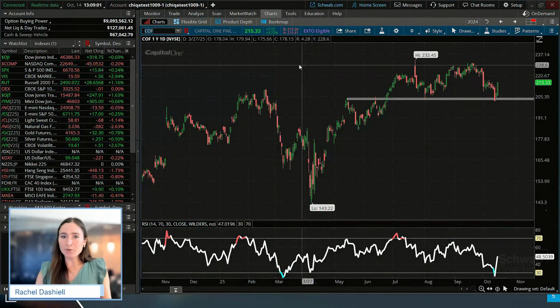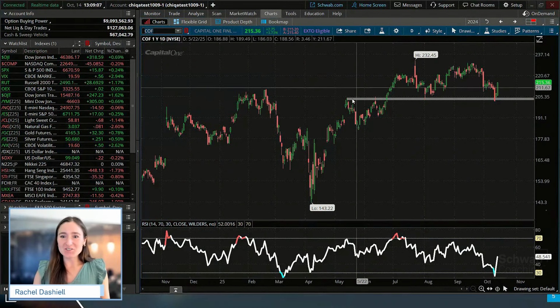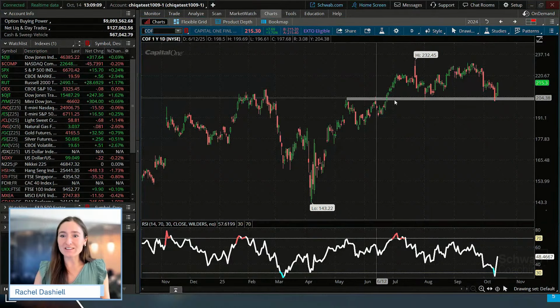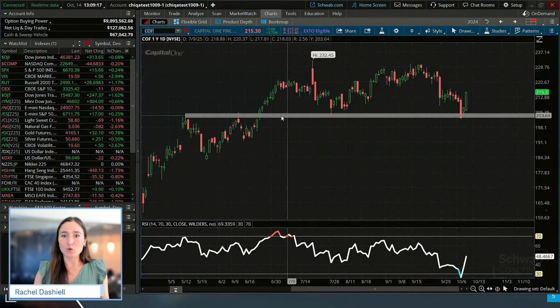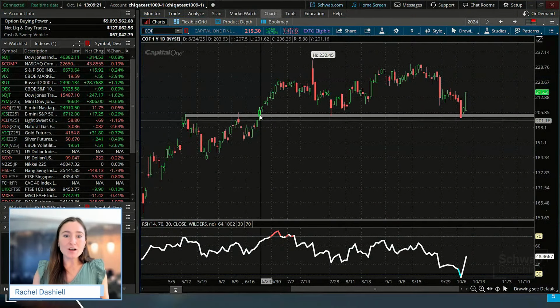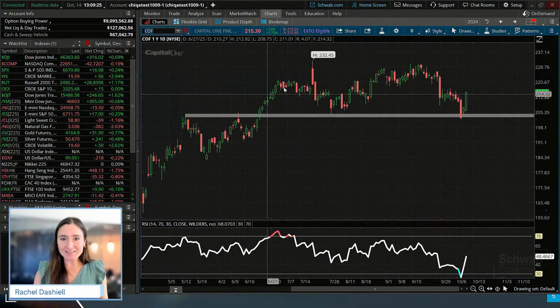That is Capital One Financial. Something that stuck out to me when looking at this chart is a level being touched quite a few times, even on Friday with the sell-off. I'm going to zoom into this level of support that we see here, which back in May was a level of resistance where we had a tiny cup and handle pattern.